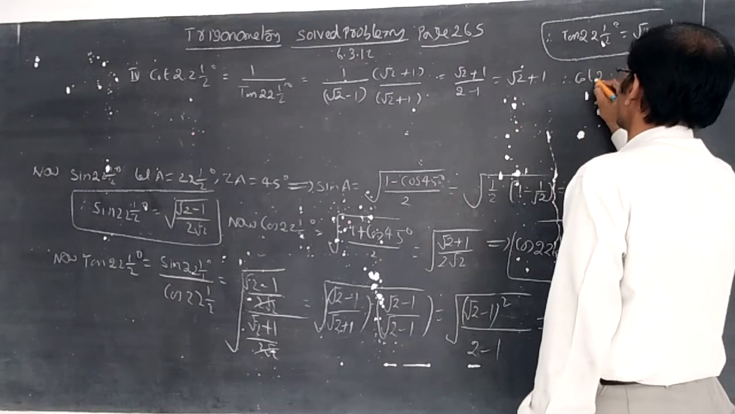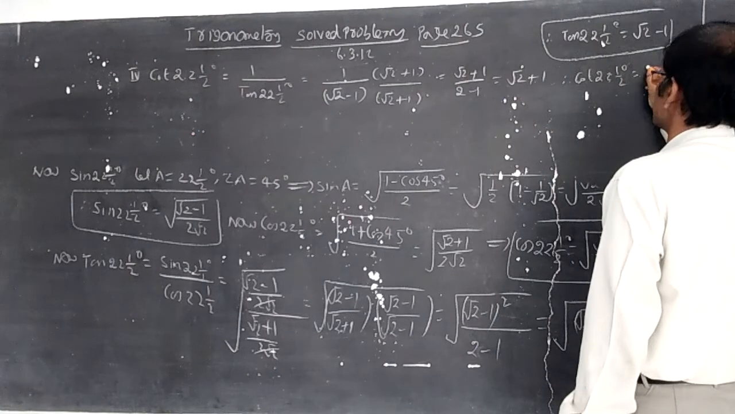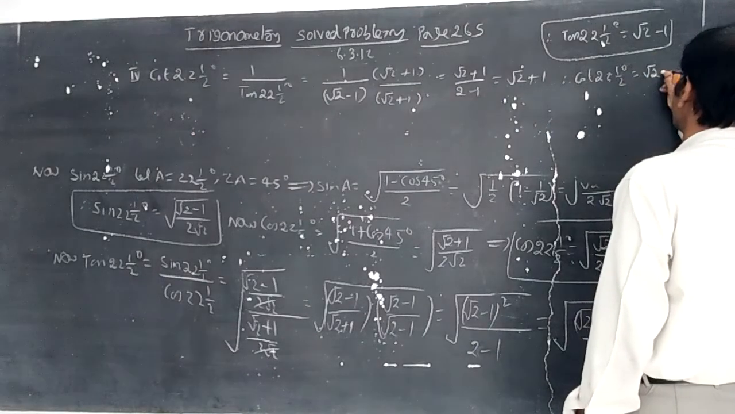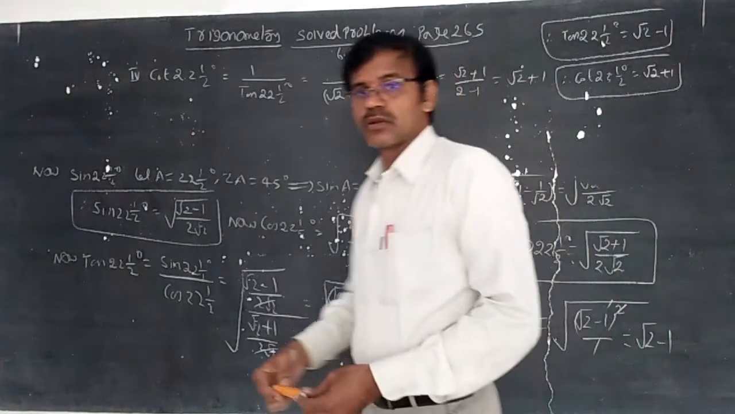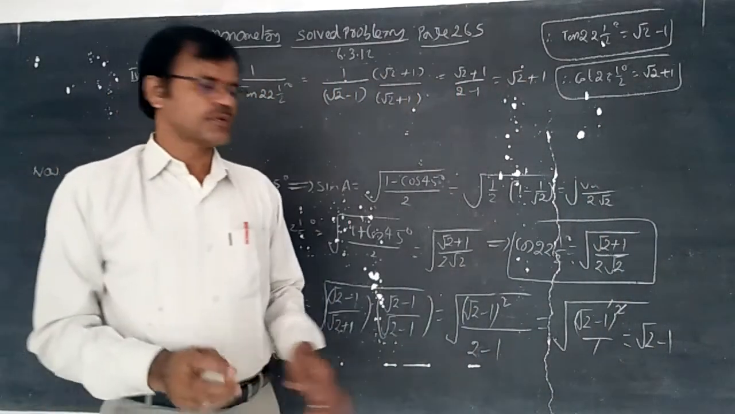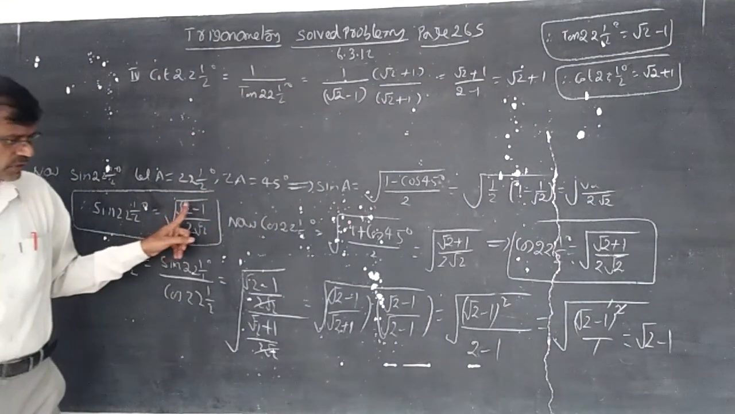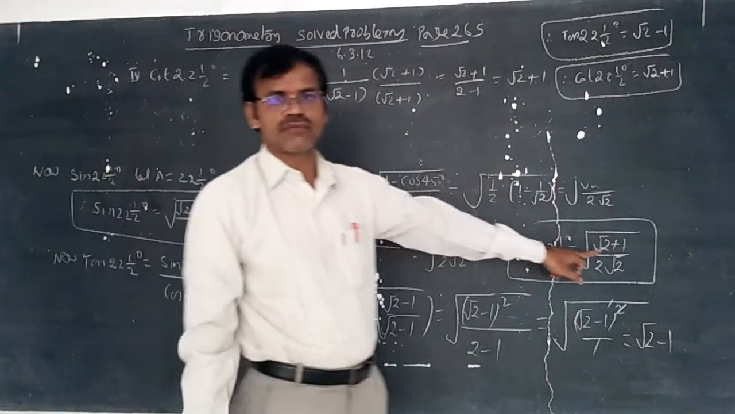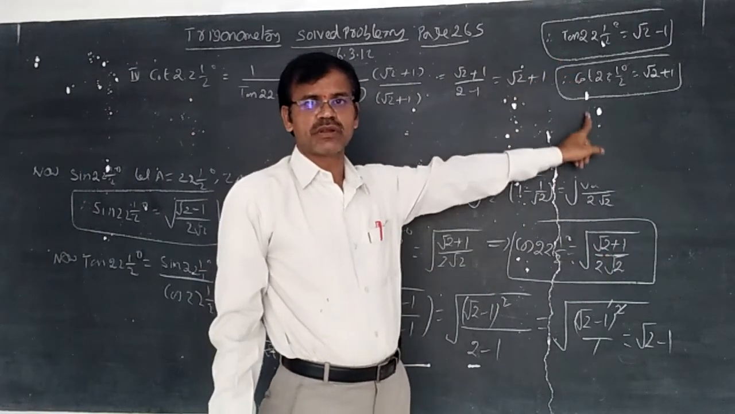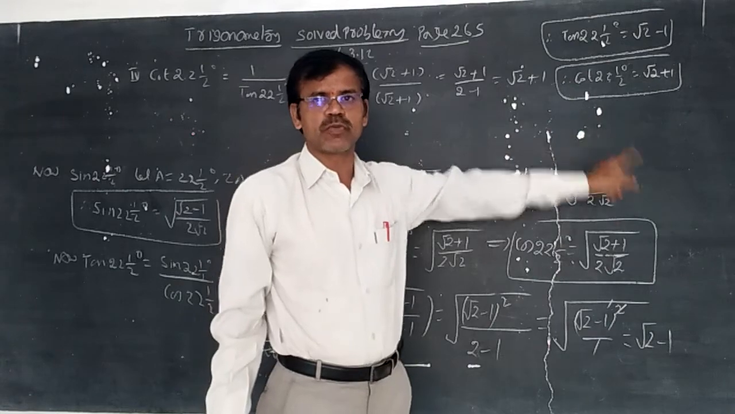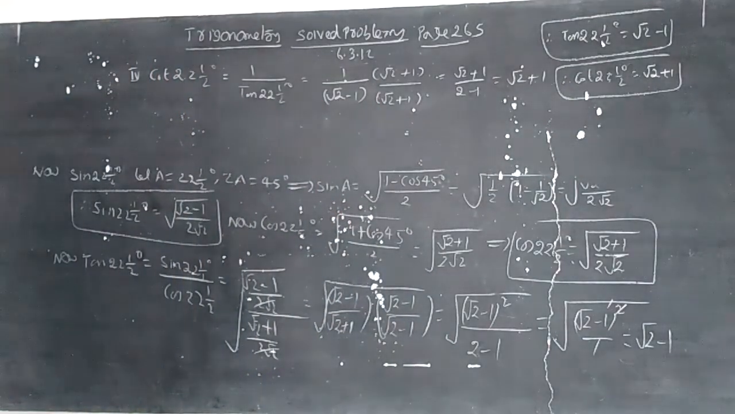Put a box here, and you should remember this one also as a formula. Each and every value of 22½ degrees you should remember as a formula. Cot 22½ is equal to root 2 plus 1. Sin 22½ we have learned today: root of (root 2 minus 1) by 2 root 2. And cos 22½ we have learned today: root of (root 2 plus 1) by 2 root 2. And tan 22½ is root 2 minus 1, and cot 22½ is root 2 plus 1. These four values you should remember as a formula. Next one,